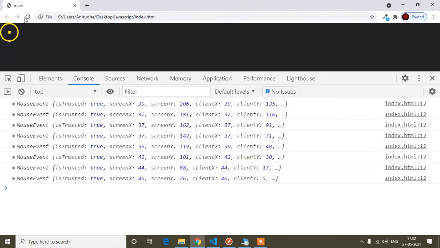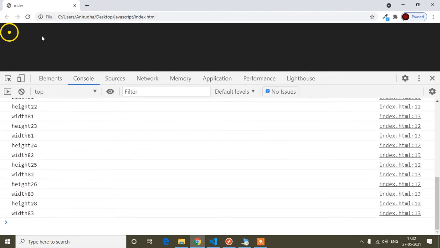If I close and refresh, you can see it's returning the height and width of my cursor's position. Now look at the console and the mouse cursor. If I move my mouse cursor here, you can see it's returning the height and width of my cursor. If I set the same height and same width on this element, then wherever my cursor is, the element will be at the same position.